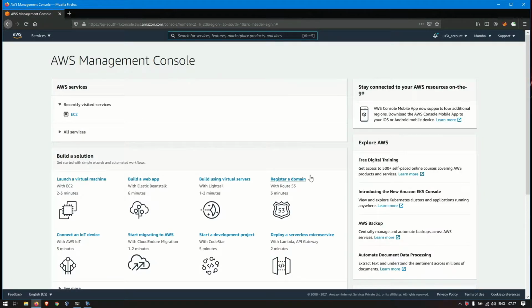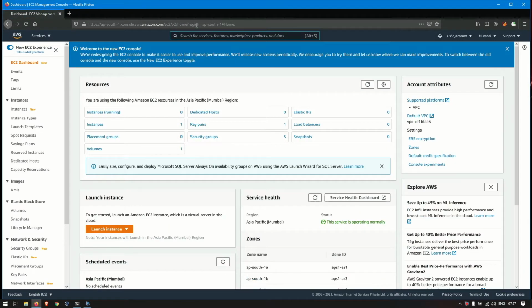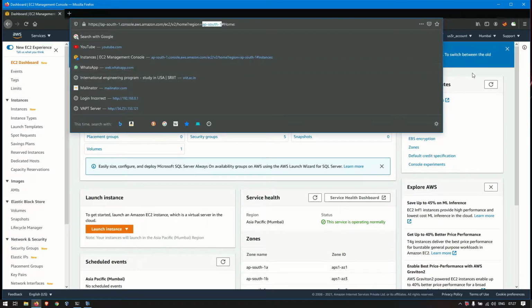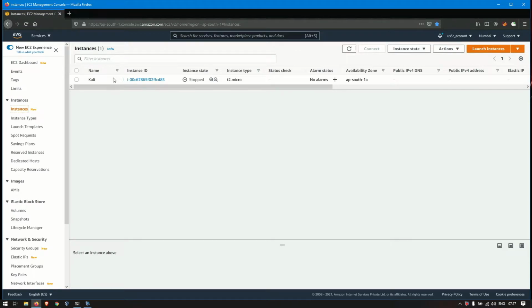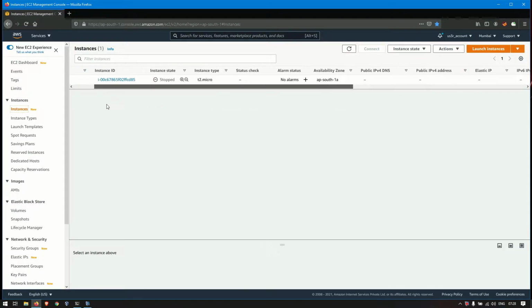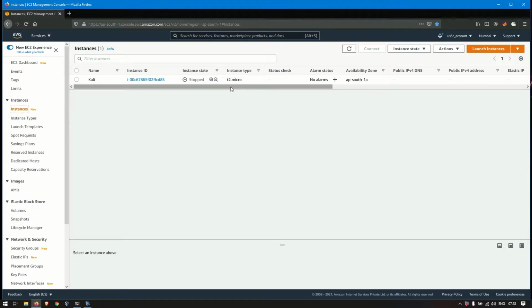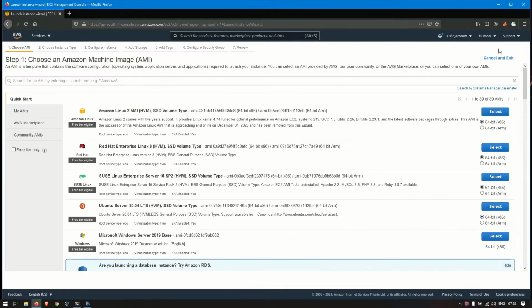After logging in, you will see something like this. We want an EC2 instance, and make sure to choose your region AP South 1, because that is Mumbai, India. Now you go to instances. This is the instance which I have already created. I have been using it. But if you want to create a new instance, then you go to launch instances, and here you will see